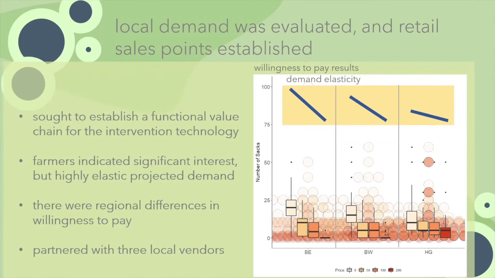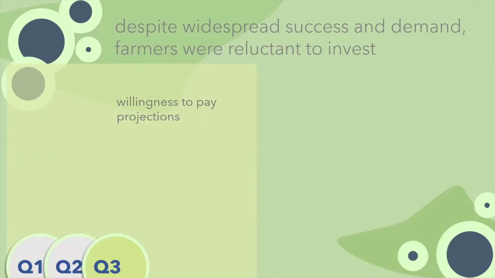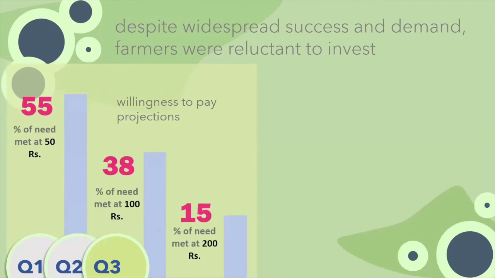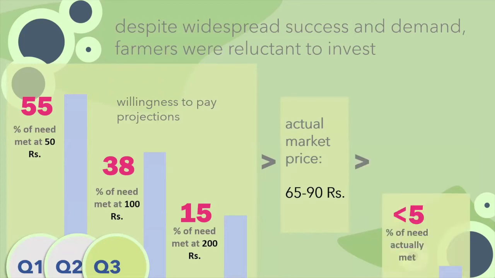for the hermetic bags in the local market. And despite our willingness to pay projections, which are at 50 rupees per piece, 55% of needs would have been met, or 38% of need met at 100 rupees per piece, and 15% of need met at 200 rupees per piece, we were able to install the retail sales point providing hermetic sacks at between 65 and 90 rupees per piece, but farmers were extremely reluctant to actually invest. At the end of the sales period, only less than 5% of the reported need was actually met by sales of hermetic bags in the marketplace, which was really quite a disappointing